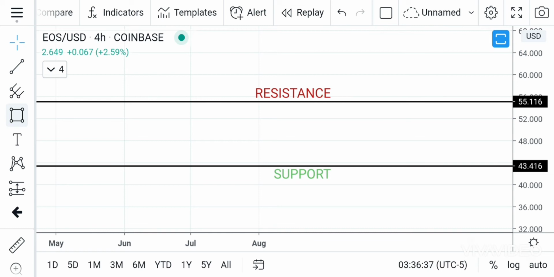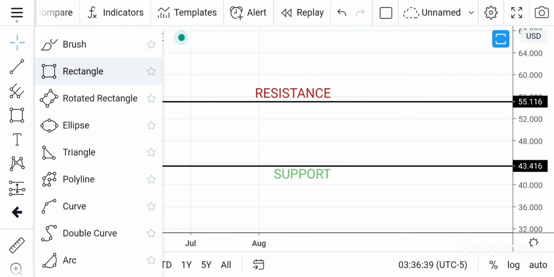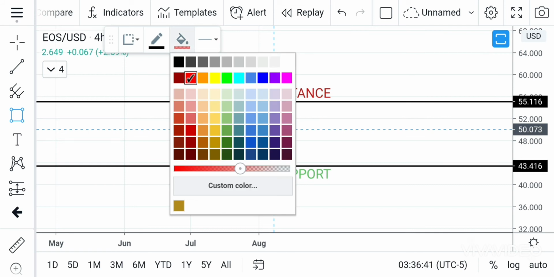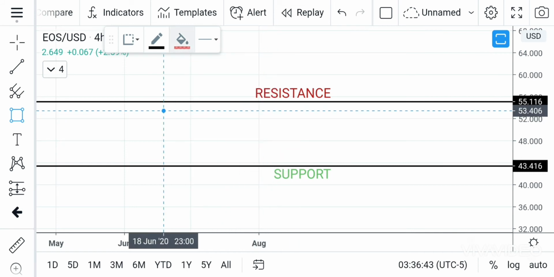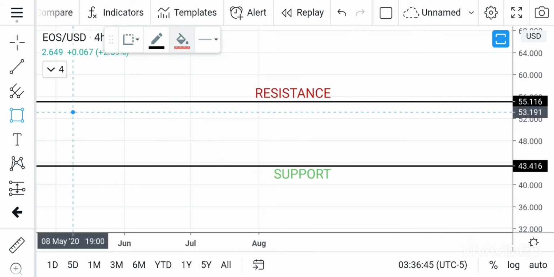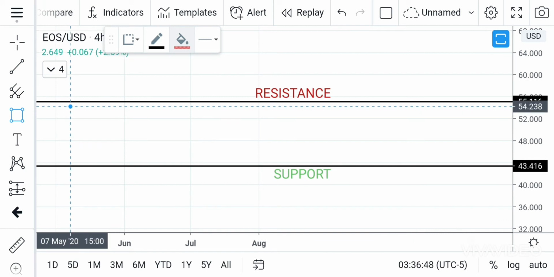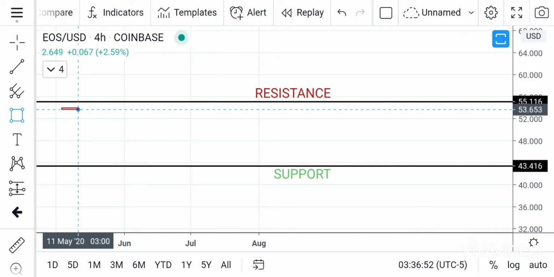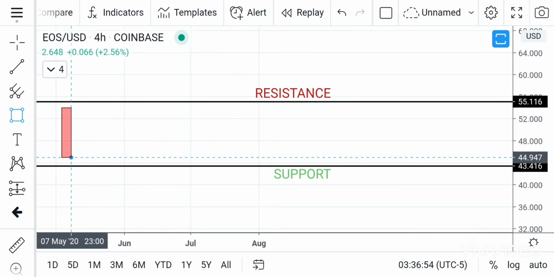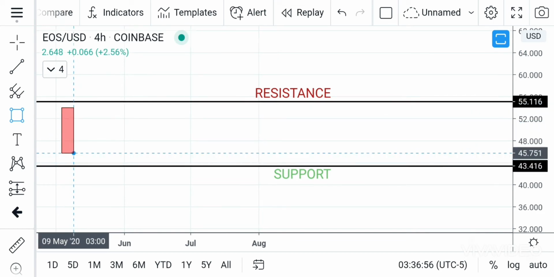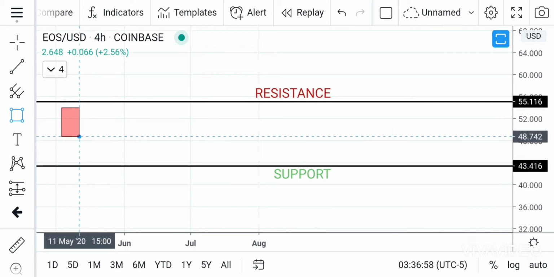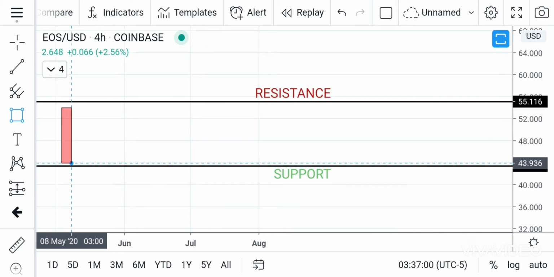So let's get on to it right now. The first one I'm going to talk about is the bullish engulfing pattern. For the bullish engulfing pattern, you have sellers pushing the price down from resistance down to support. Once the price goes to support and the candle closes around the support, maybe you have